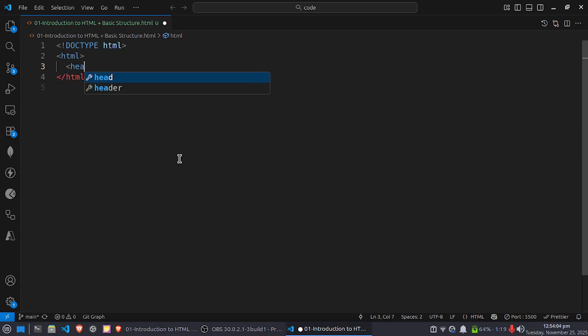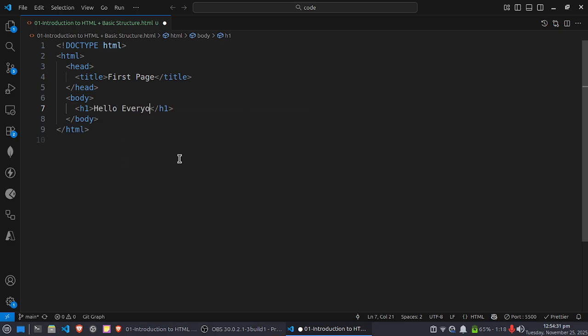Now write the head. It contains the metadata, like the title. So title, our title is The First Page, and next one is the body tag, body, and it contains a heading h1, hello